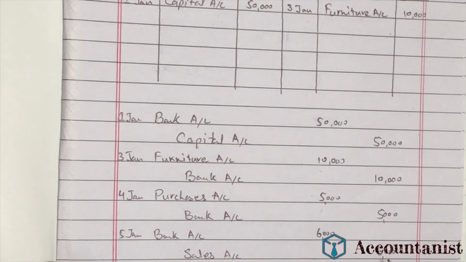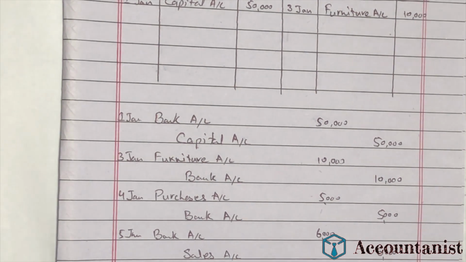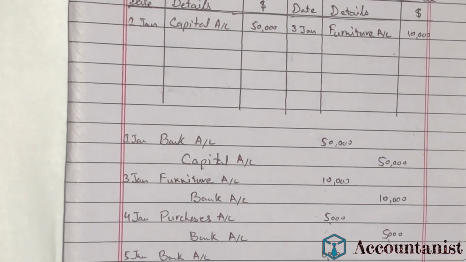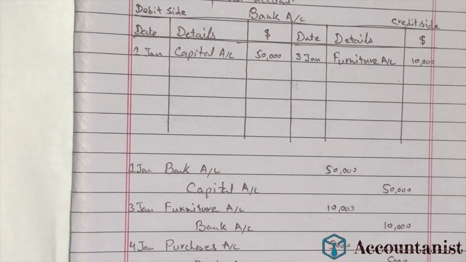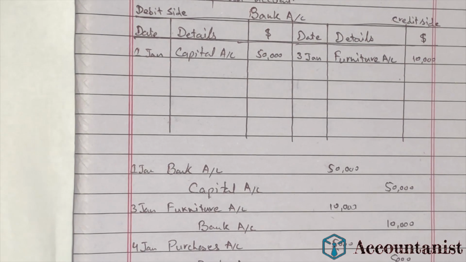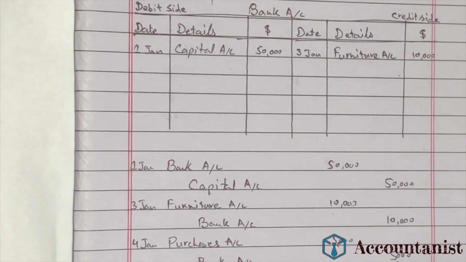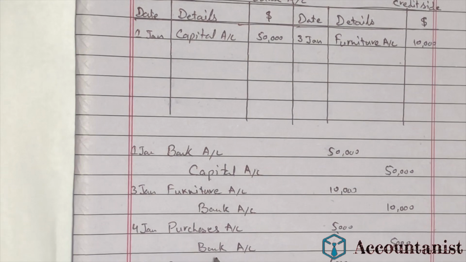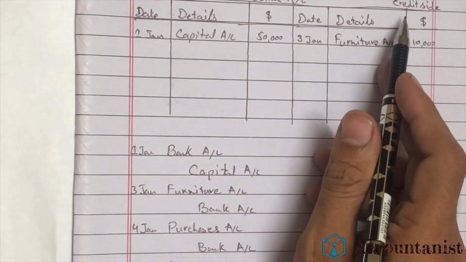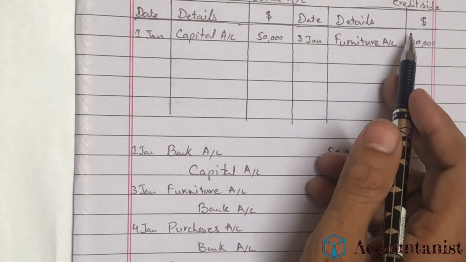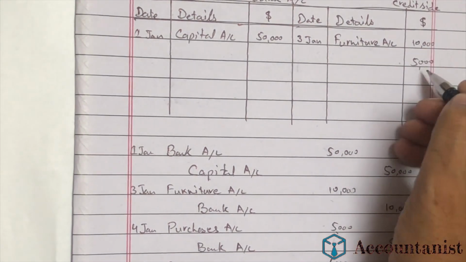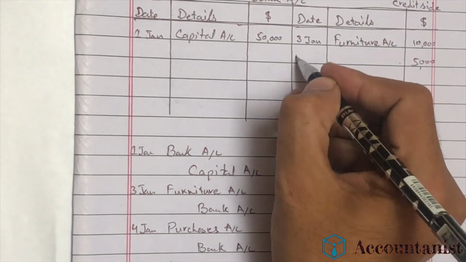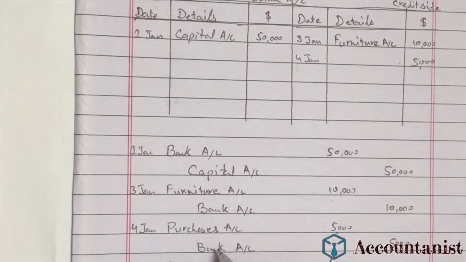So now here I have these two more transactions, so I'm going to post these transactions into the bank account. So now the first entry that I have, the purchases one, in this transaction we have bank on a credit side. So I will go to the bank account and I will select the credit side, and I will write down the amount 5,000, and I will write down the date 4th of January. Now the reason is because of the purchases